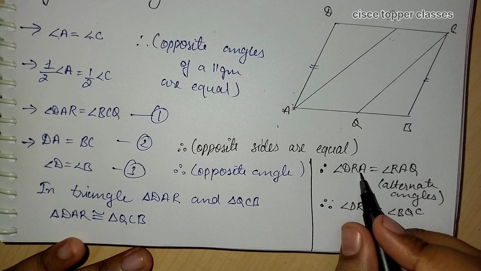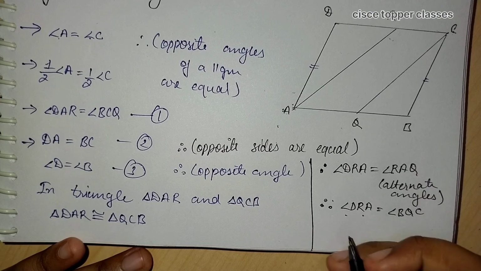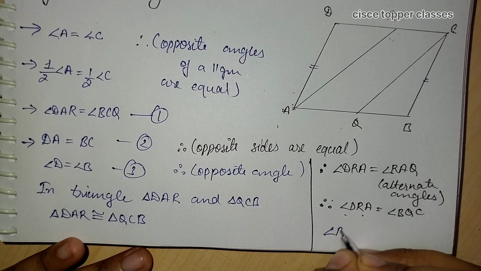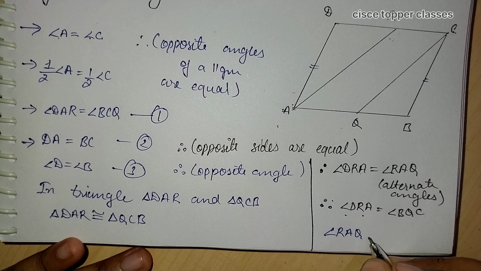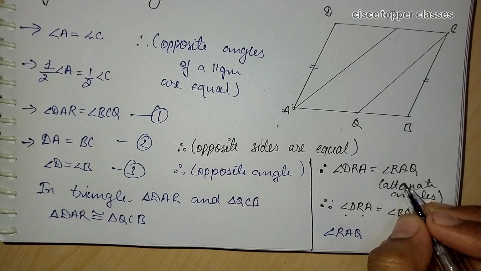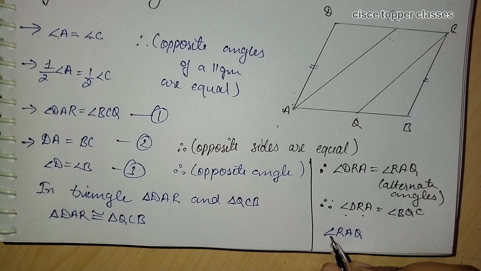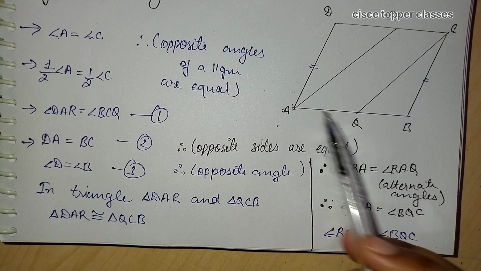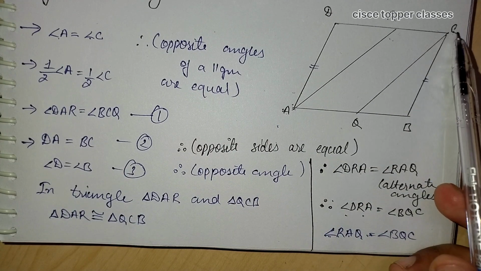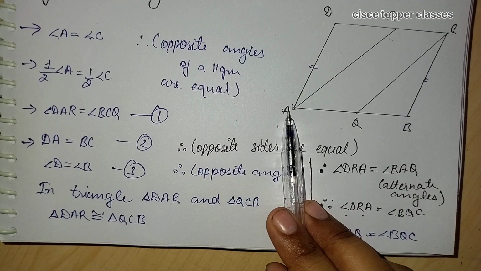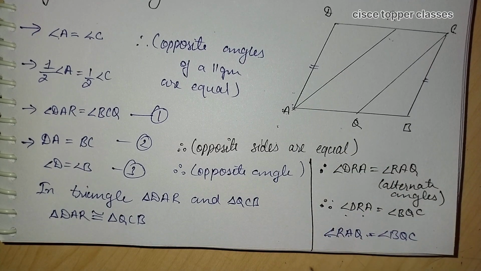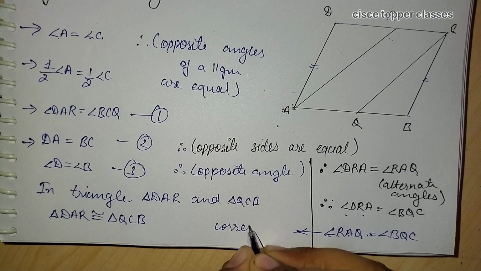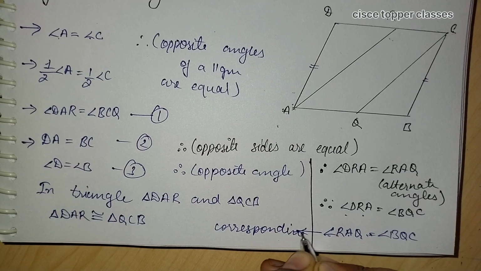As this is also angle DRA and this is also DRA, means these both angles are equal from here. Hence angle RAQ is equal to angle BQC. So this is only what we have to prove, as angle RAQ here is equal to angle BQC, means these are corresponding angles. And as these are corresponding angles, we can simply say